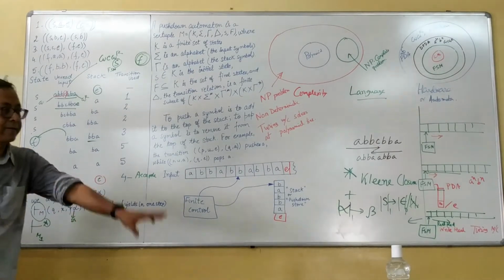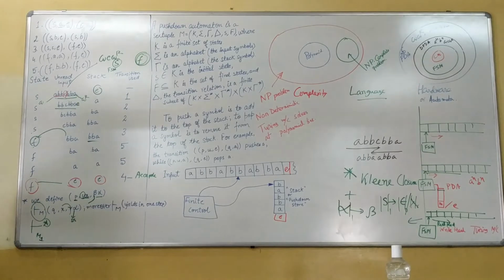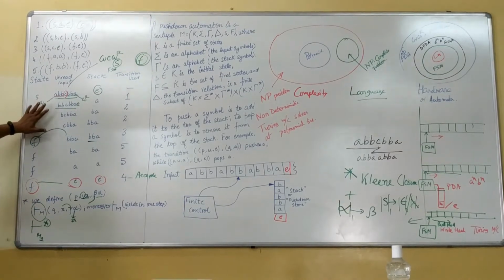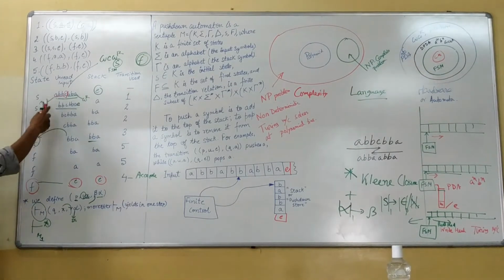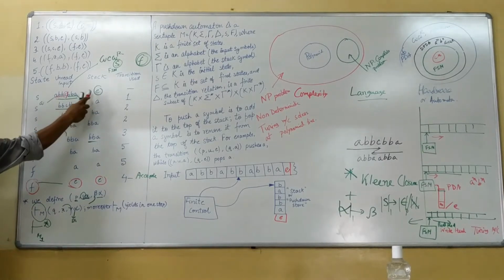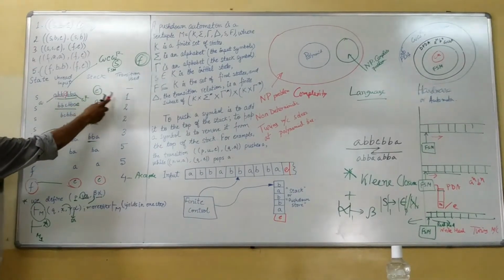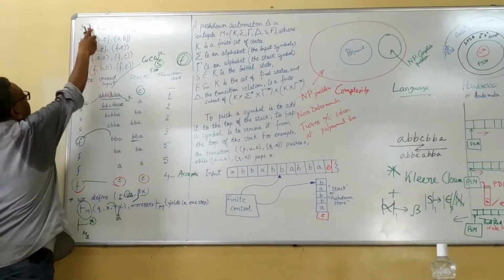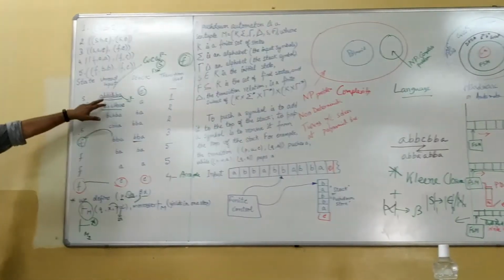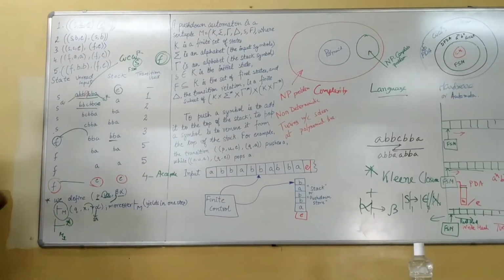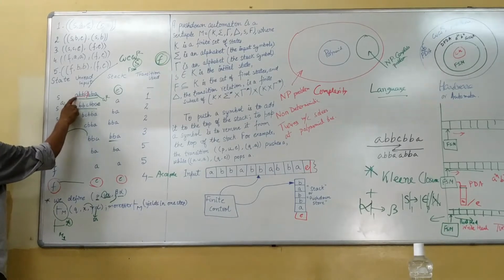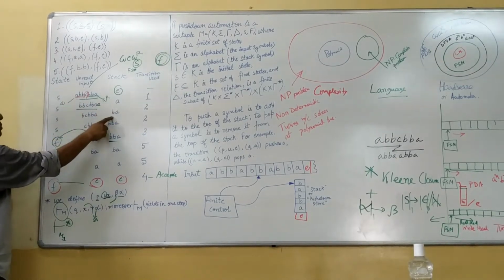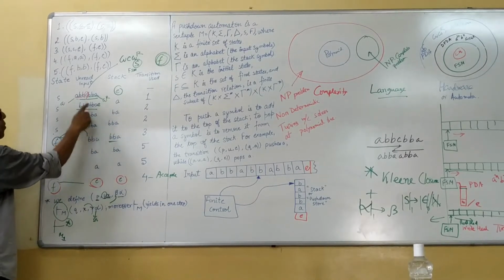pushed onto a stack. The FSM doesn't have a stack, but this machine has a stack. Here is the input, here is the top of the stack, and this tells which transition rule I will use. See here: until and unless C is received, everything is pushed to the stack. A received, pushed to the stack. B received, pushed to the stack. B received, pushed to the stack. Now when the C